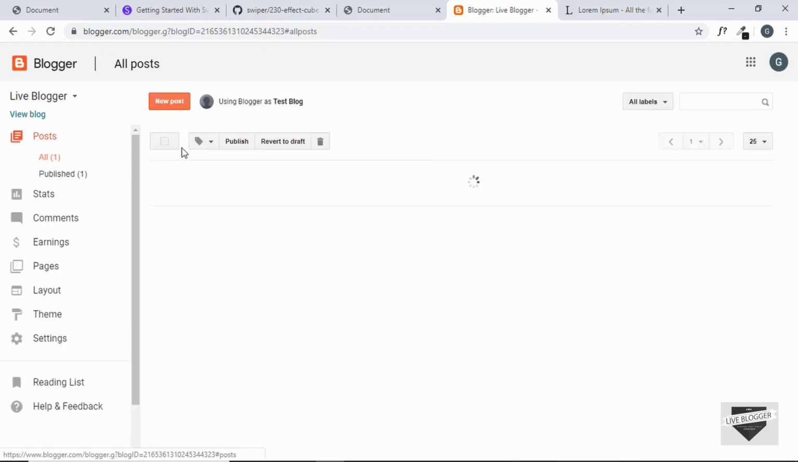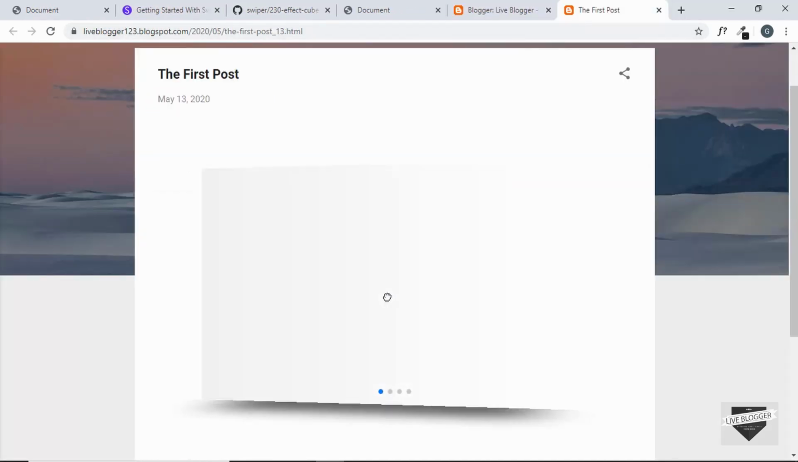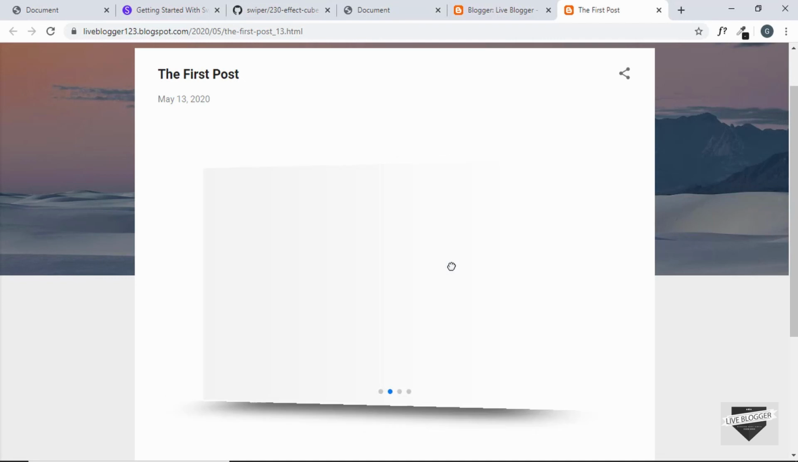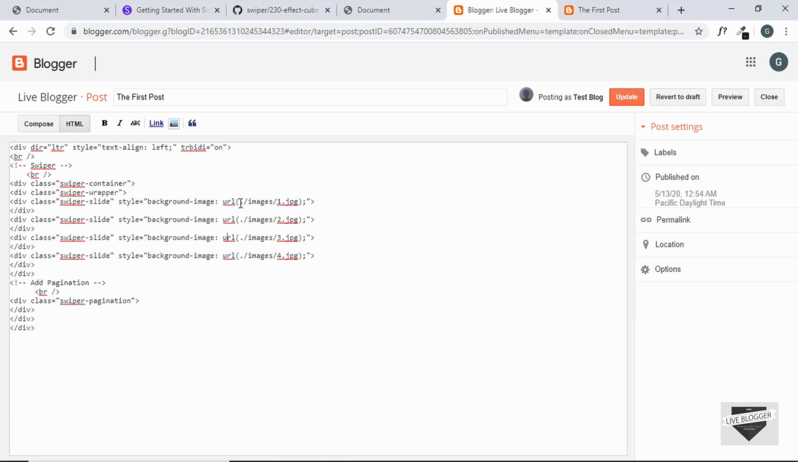Now let's go ahead and view our post and see whether we can see our slider, and we can see that the shadow is working alright, but we cannot see the images. The reason for that is that we don't have a folder called images in our Blogger website. So we have to first of all upload our images to Blogger. So let's go back to our post and click on edit. Now here, instead of images/1.jpg, we have to cut this and upload the image by clicking on this insert button,